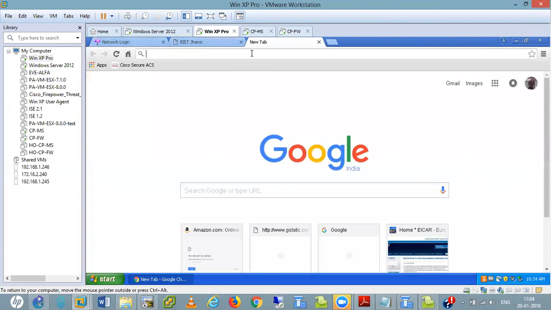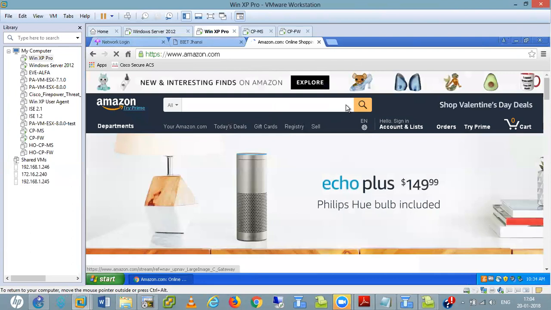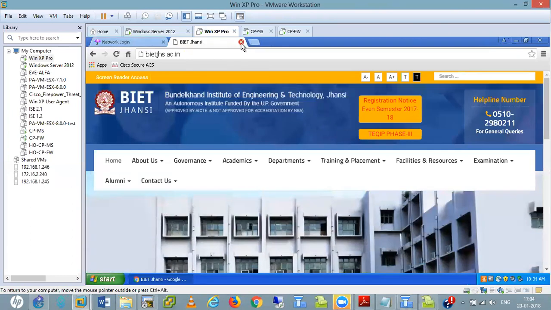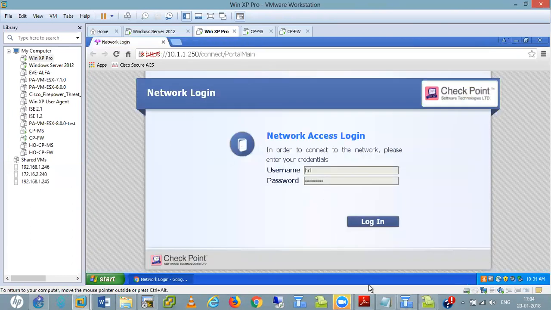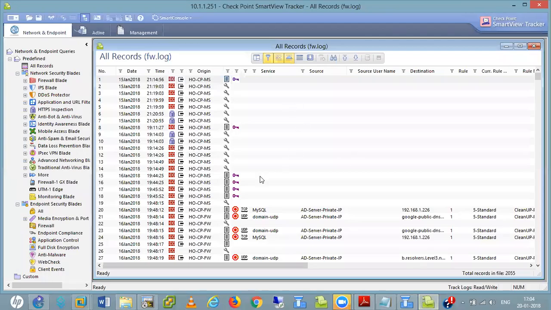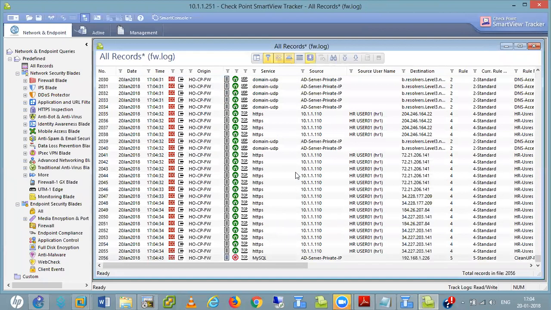If I go to Amazon, I also have access to the Amazon website. Now if I check the logs here, see, I am getting the logs for HR1. So this is the information.